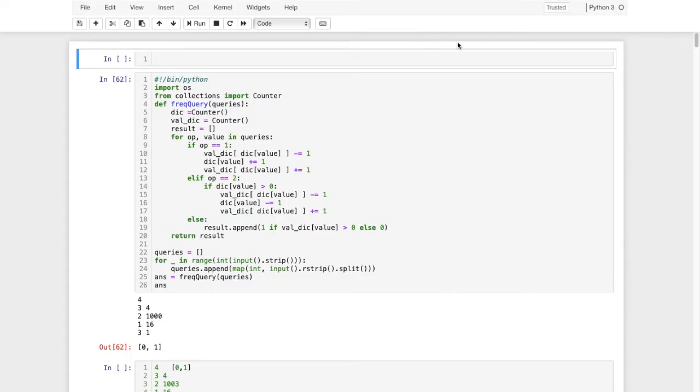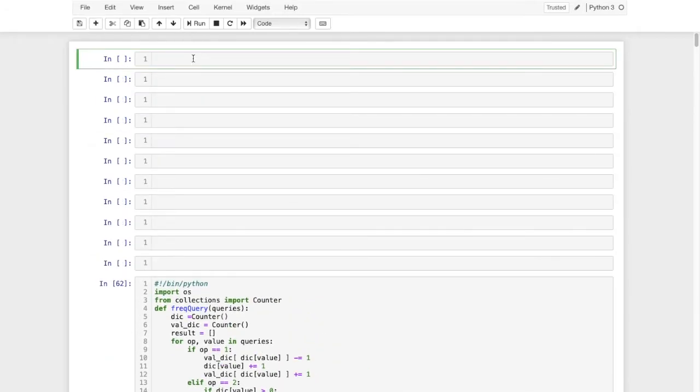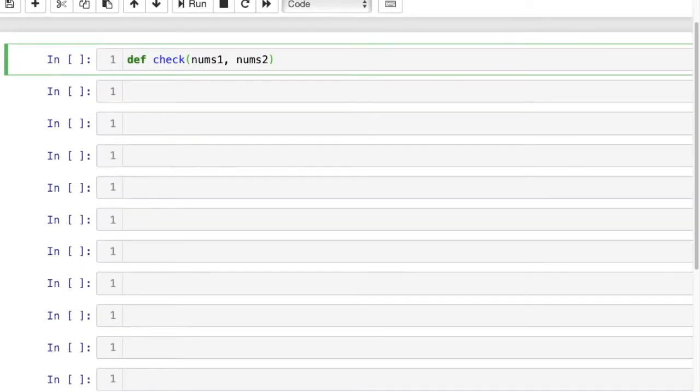Let us do an experiment over here. Let us define one function. Let me define def check, which will take two lists, suppose nums1 and nums2. Let me zoom this one.